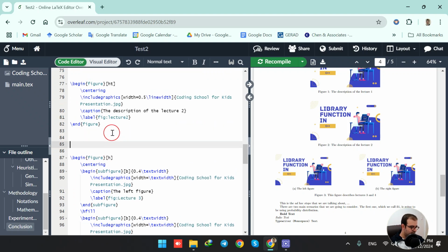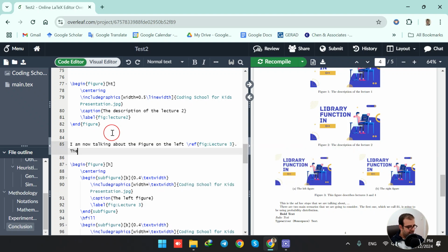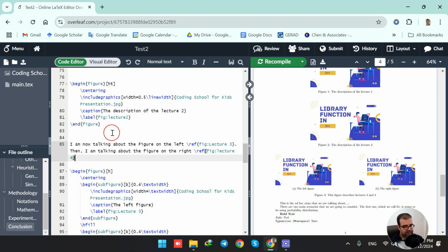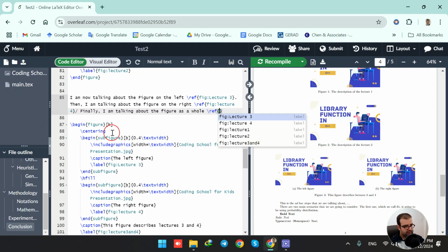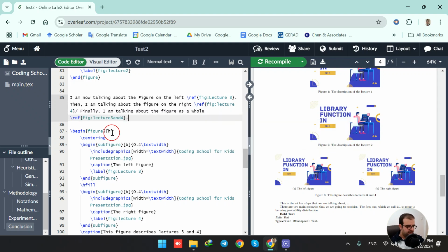So let me just start typing here. I am now talking about the figure on the left, and then we have the ref. Then I am talking about the figure on the right. Then we have the label of the right. Finally, I am talking about the figure as a whole, so we can say 3 and 4. So when I recompile,